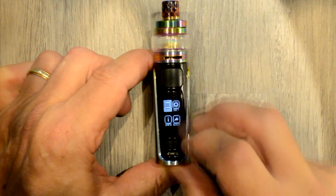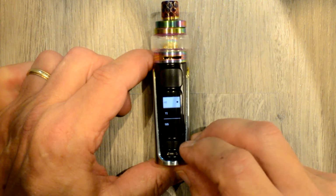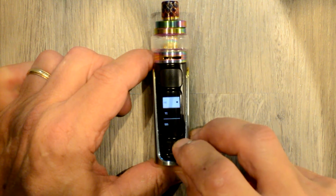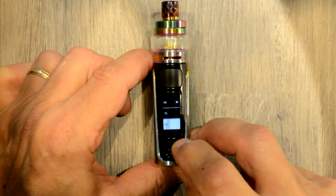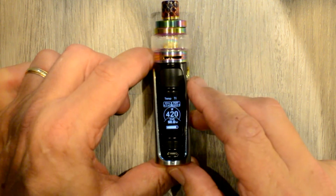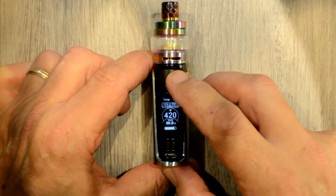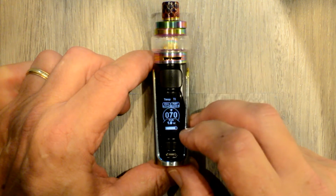Okay, back into mode. TC, temperature control, we go into that. We have nichrome, titanium and stainless steel. You can have your choice. So you do have to choose something. And I guess what I'll do is I'll choose titanium just for something to choose, and we'll go back into the